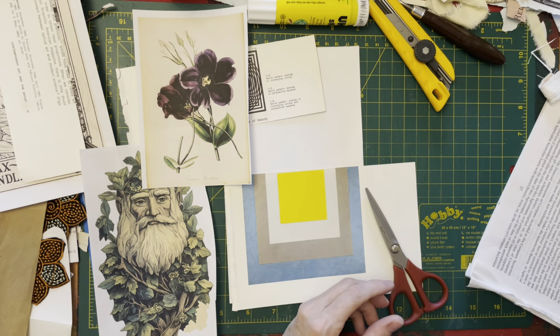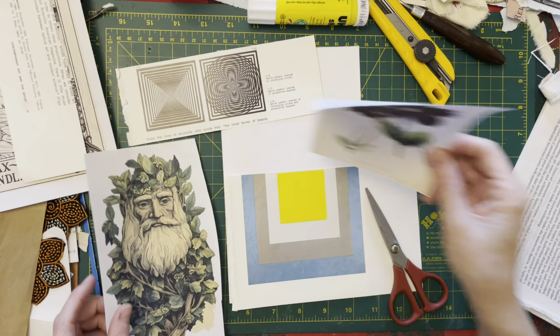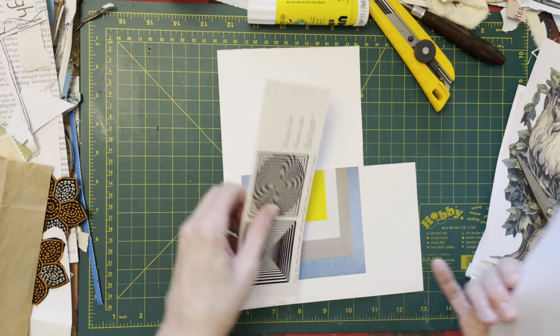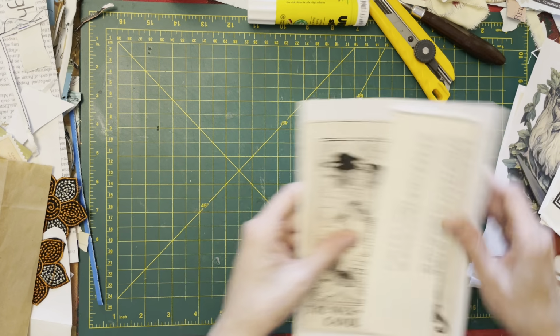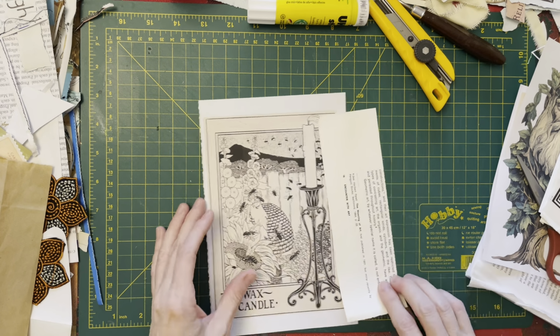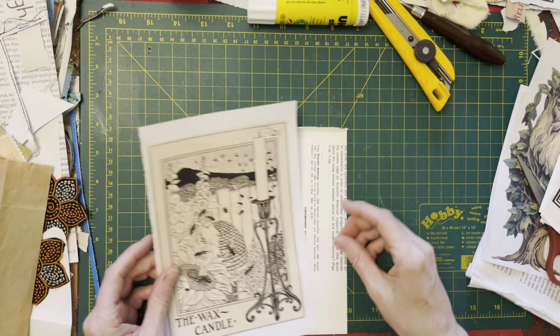There. Oh, I never did finish that. Focus. Focus. So, oh, clock fell over. So what do I want to do here? I want to